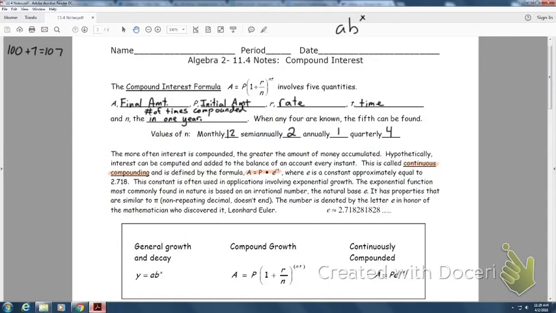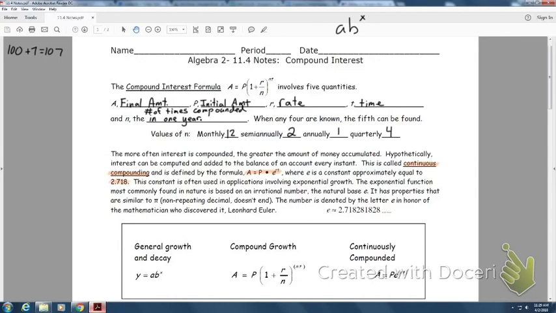Where e is a constant approximately equal to 2.718. This constant is often used in applications involving exponential growth. The exponential function most commonly found in nature is based on an irrational number. The natural base e, it has properties that are similar to pi. Non-repeating decimal doesn't end. The number denoted by the letter e in honor of the mathematician who discovered it,